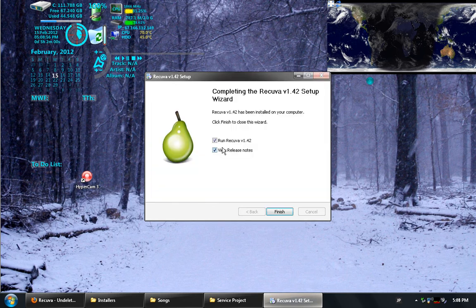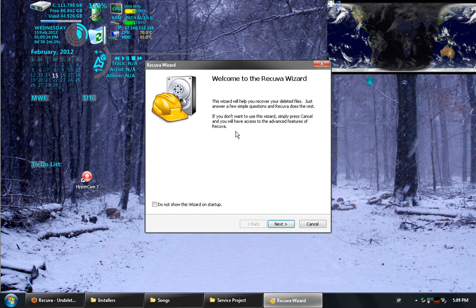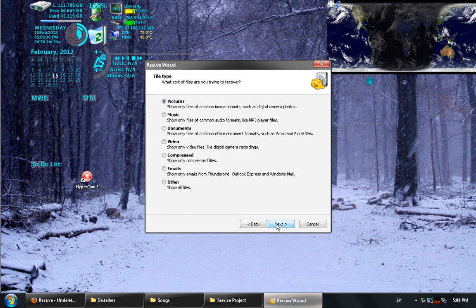I'm going to choose to tell it to run. Now, there is a checkbox in the corner that says do not show this wizard on startup. However, it's easier and better to keep the box unchecked when you start this program. It will allow you to find files better. Now, it gives you the option of being able to choose what kinds of files you think you may want to recover. Just for the sake of being meticulous, I'm going to tell it to choose other, click next, and